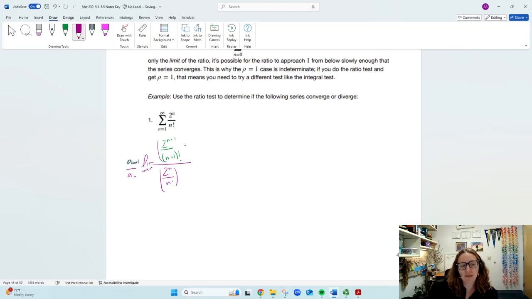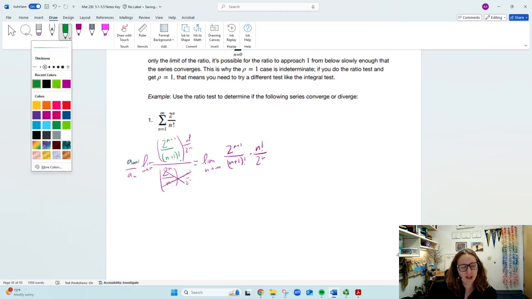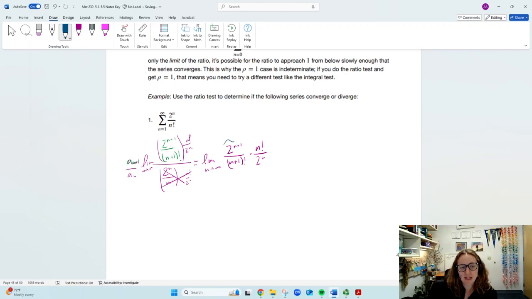I could put some absolute value bars here, but it's not really going to make any difference because I don't have any negative terms. So I am really looking at multiplying by the reciprocal here on the denominator to cancel that out. So I'll end up having something like this when I multiply that reciprocal also on the top. I'll have an n factorial over 2 to the n. And it feels like we can't really do much after that, except that if I take a look at this right here,